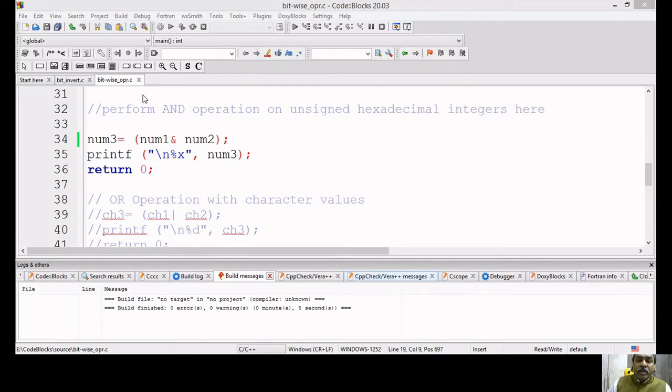Let me share this screen once again so that you will be able to see the output. This is the output screen. I'll increase it. It's showing calculation in hexadecimal.